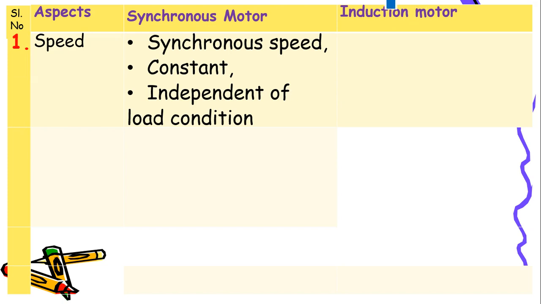Synchronous motor will be having the synchronous speed only, that is it will be having a constant synchronous speed. It will be running on that speed only. If a higher load is coming, it will be stopping. So if 1500 is the synchronous speed, it will be running at exactly 1500, not 1501 or 1499, only at constant synchronous speed. And the synchronous motor will be taking the load at constant speed independent of the load. From the zero load to the rated load, it will be running under same speed.